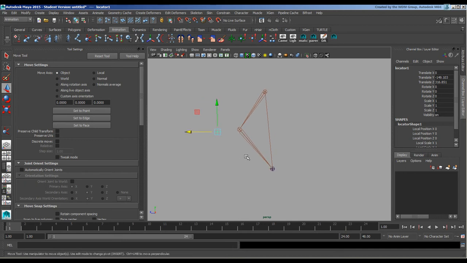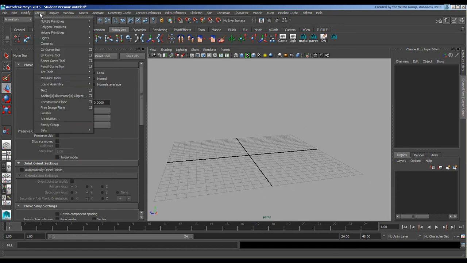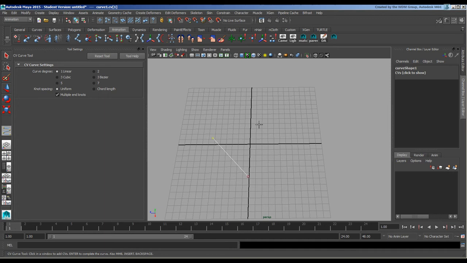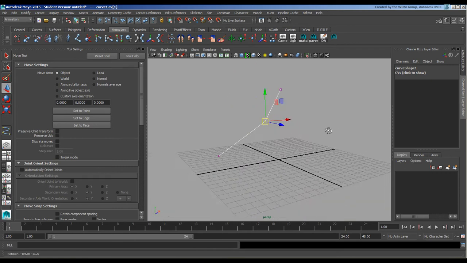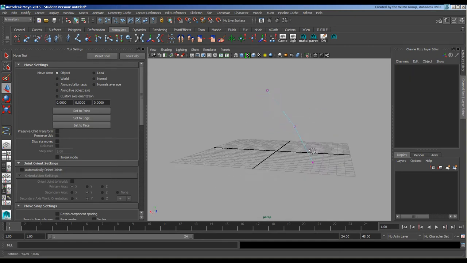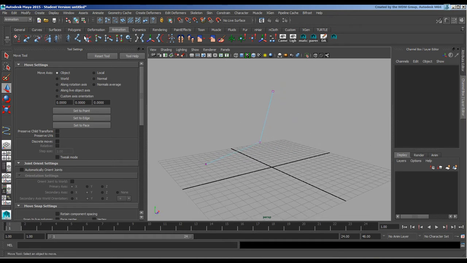Now, I'm going to eliminate the whole thing here, and I'm going to cheat a moment. Let's create a CV curve tool, make sure it's linear, just draw 3 points randomly, and I'm just going to move them. So let's say for some reason that was my basic angle for the bone that I wanted to do, and I wanted to draw it in the 3D view. I can go here